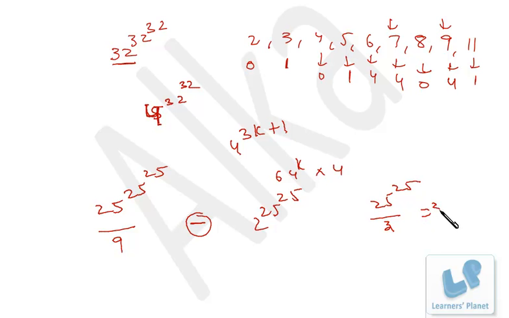So 25 raised to 25 is actually 3k plus 1. Now we have to find out whether k is an odd or even number. Now 25 raised to 25 is an odd number, right? So k should be an odd number. I'm sorry, k should be an even number. So even into odd is even, and even, so k is an even number, right? Now this is 2 raised to 25 raised to 25, so 25 raised to 25 can be written as 3k plus 1, so that's 2 raised to 3k plus 1, or we can say 8 raised to k into 2.